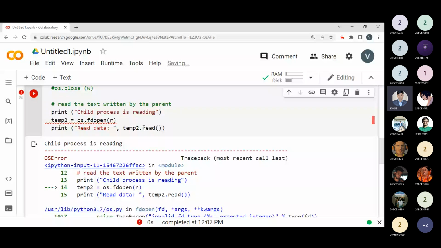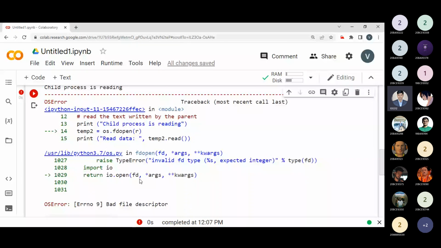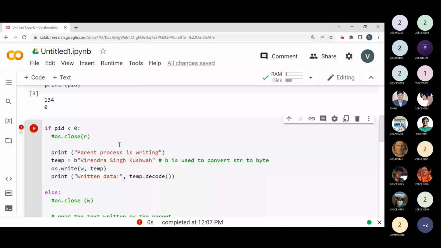I'm doing the correct work. It should be FD open. What error are we getting? Bad descriptor argument, okay. So R is our descriptor which is returned by the pipe. Now let me use this one. See,